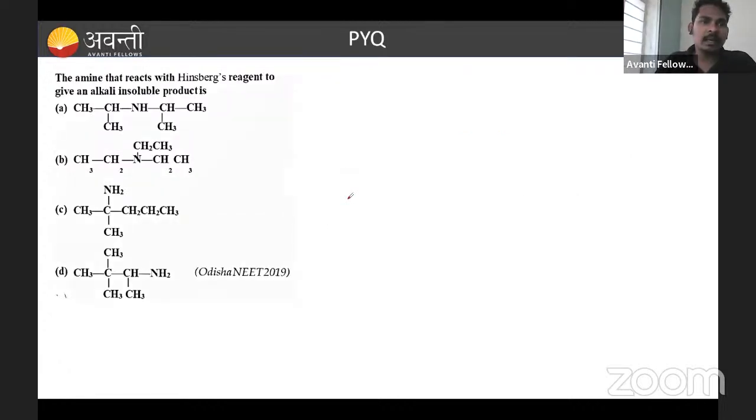The amine that reacts with Hinsberg reagent to give an alkali insoluble product. So what is the Hinsberg test? This is the test for amines: primary amine, secondary amine, tertiary amine. So what is Hinsberg reagent? This is benzene